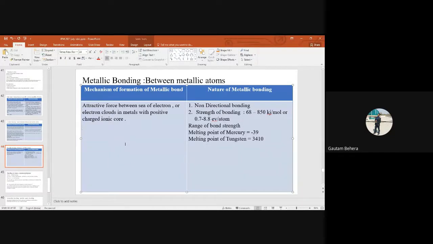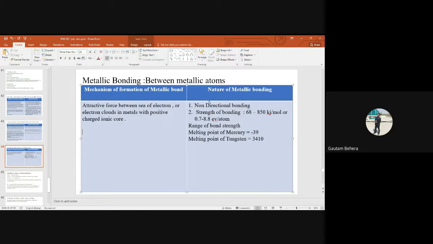So it can form a bond with any positive ion core, right? Due to this sea of electrons, or the cloud of free electrons, they form a bond with the positively charged kernel, or positively charged ionic core, present at the center of the atom, right? So there is a strong attractive force because electrons are negatively charged and the ion core is positively charged, right? So due to the strong attractive Coulombic force, there is strong bonding in metals also. If you look carefully, there is a range of bond strength. Some metallic bonds are weaker, some metallic bonds are stronger.